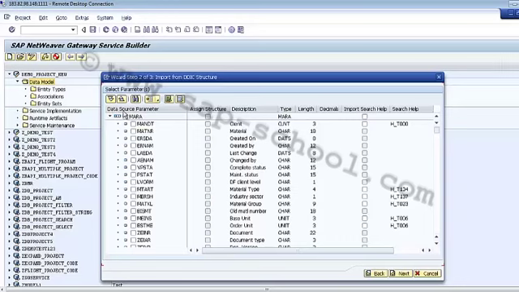So these three columns are editable in this window. That is, I can choose the data source parameters, I can assign the structure to it, and after that the import search help option. The column search help displays the search help associated with the fields. We can expand the data source parameters and select the required structures, tables or properties.